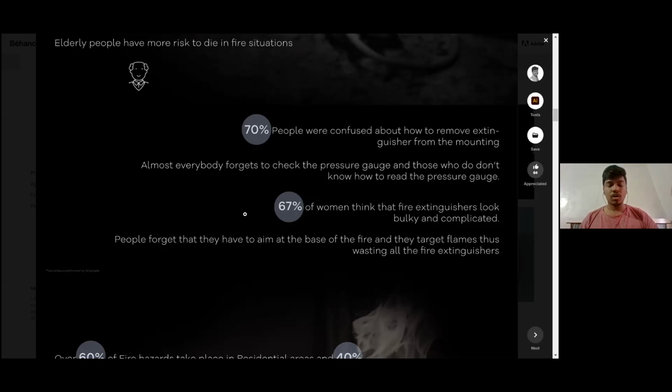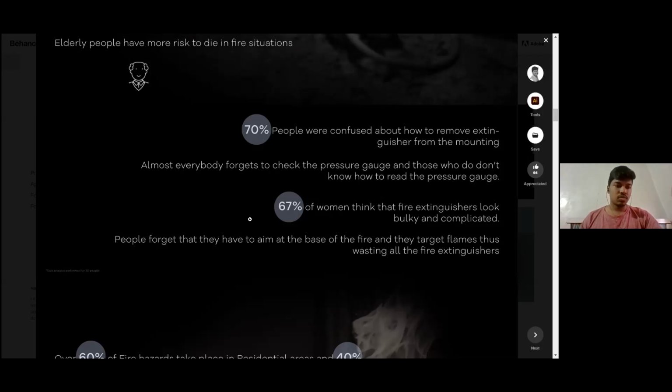Almost everybody forgot that they have to check the pressure gauge before using a fire extinguisher, because the primary rule of using a fire extinguisher is you have to check the pressure gauge. If the pressure gauge is not full, you don't have to even try, because that's not going to work at all. And then 67% of the women in the group thought that fire extinguishers are bulky